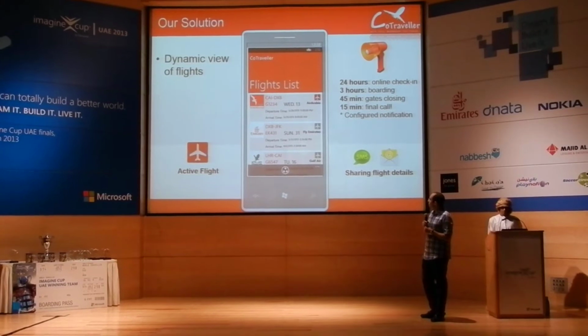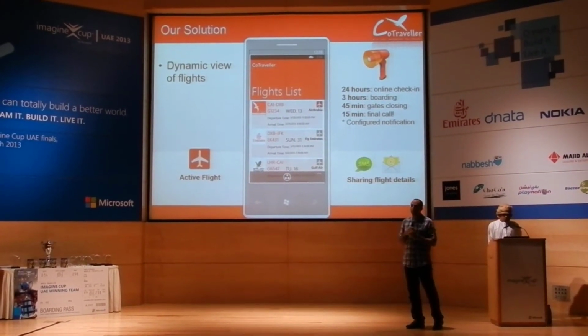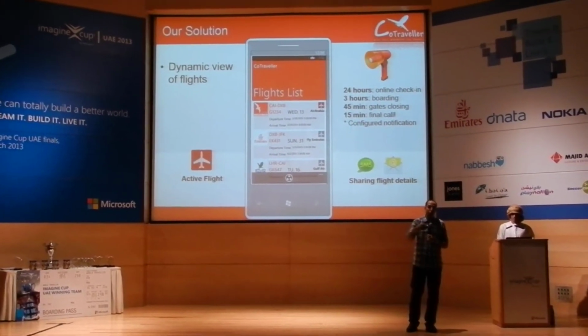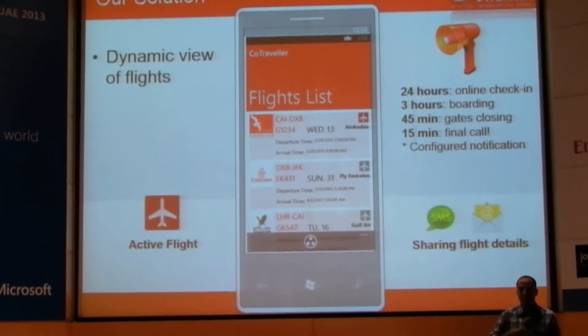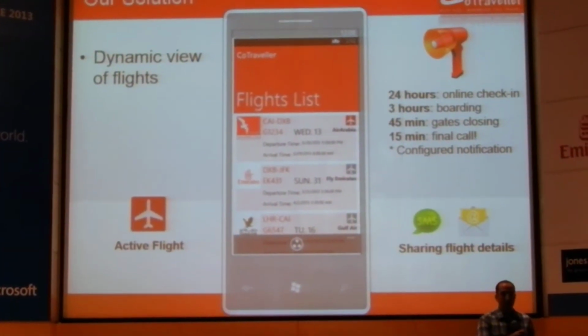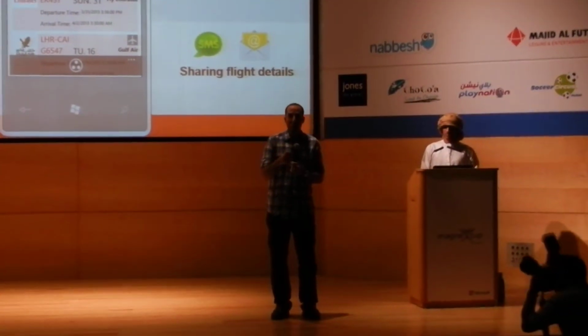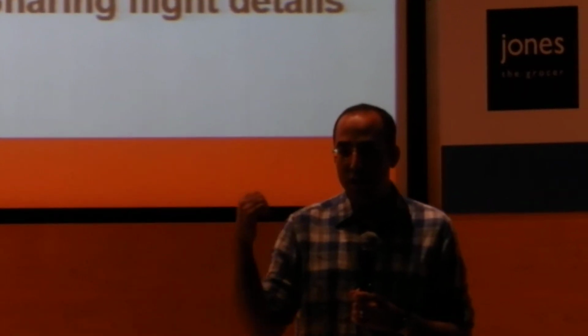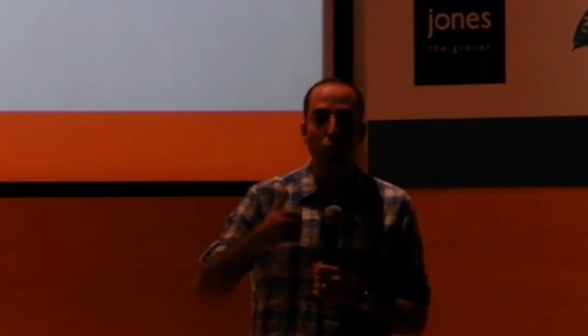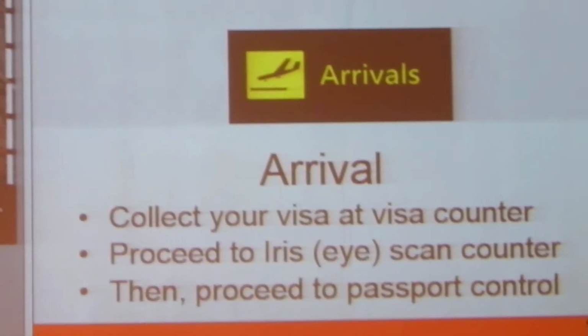Also, one interesting feature is that I can share this flight information with a friend who is waiting for me at the other airport. I can, of course, compose an SMS or an email, but the problem is I might mistype, for example, the date or the time. Here we have all the information. Why don't we auto-generate the SMS or the email so that it can be sent with reliable information? Okay, that was one part.